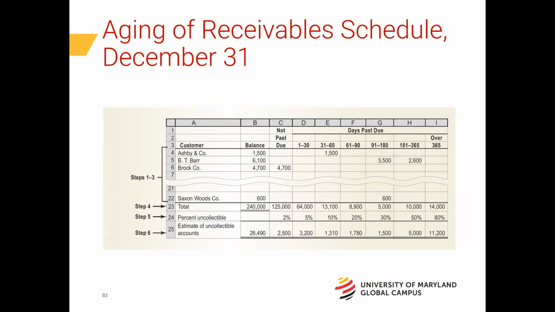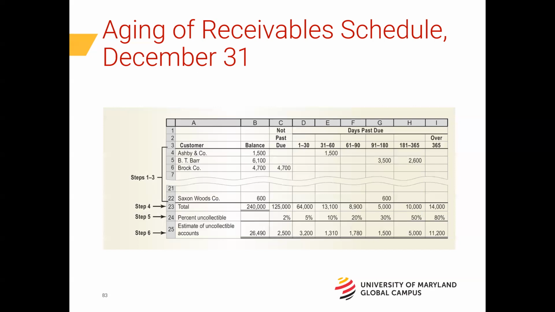Those 18 customers, we can identify when it's not yet past due. It's in that initial due within, right? And then it gets old. 1 through 30 past due, 31 through 60 past due, 61 through 90 past due, 91 through 180 past due, 181 through 365 past due, over a year past due.